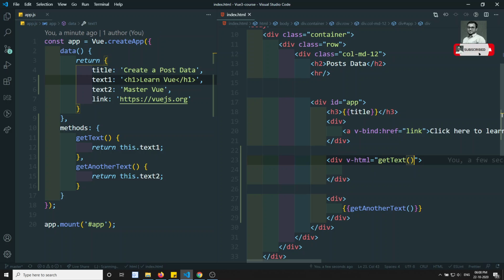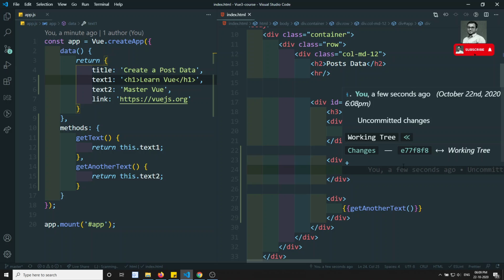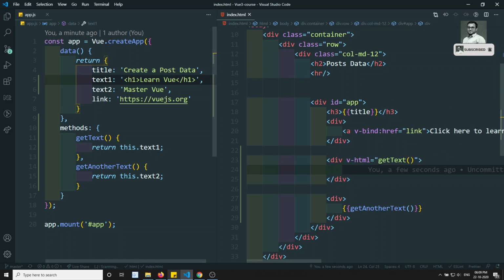So v-html is another directive. If you have any HTML data and you want to render it as it is, we need to use v-html, but we should be very careful in using it. Why? Because if any script code is dynamically inserted, you'll have a cross-site scripting effect, so the script will get injected into your site and it will show some weird behavior. So if you are confident that this text is written by you only, then you can use it, not a problem.